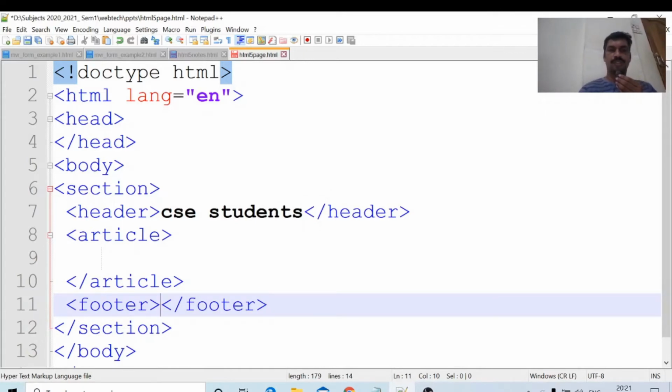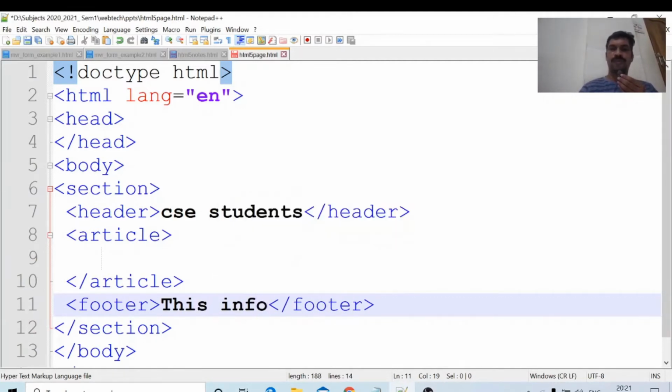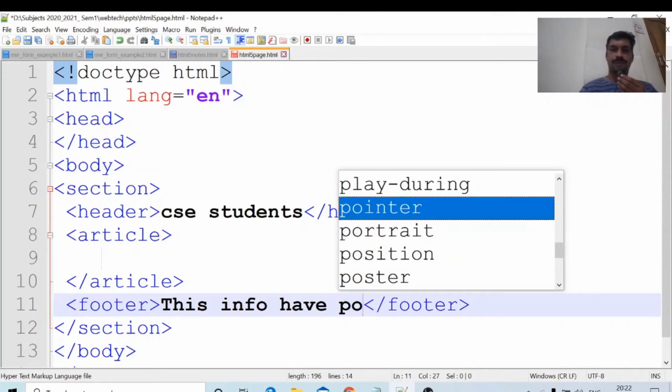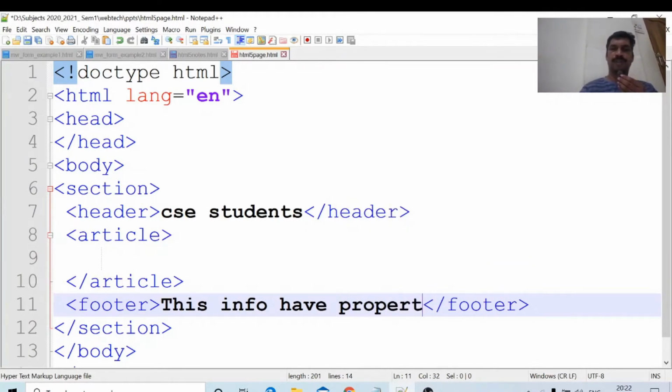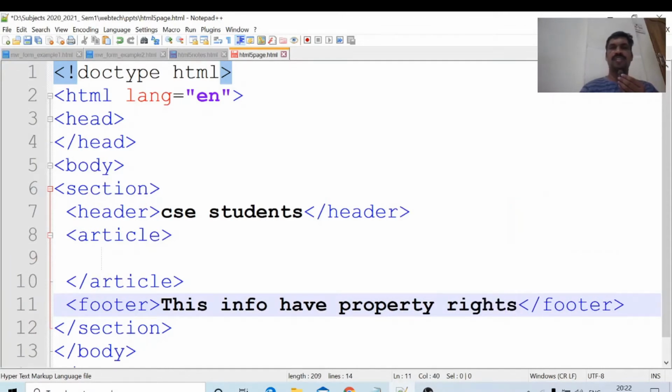In this footer I will write: this info has property rights.